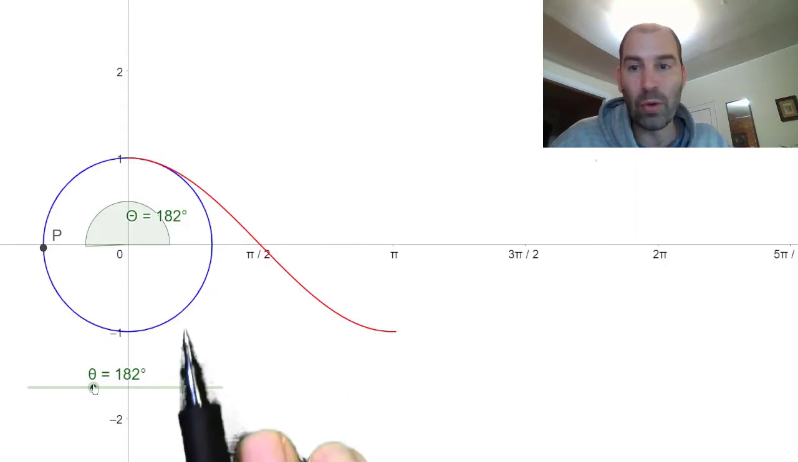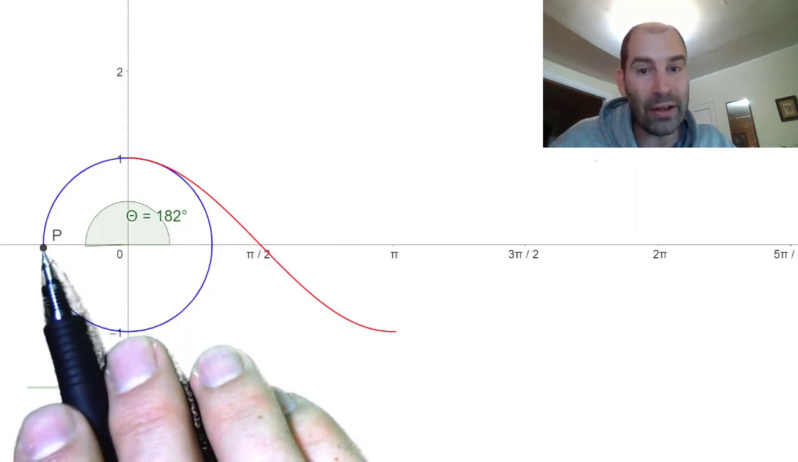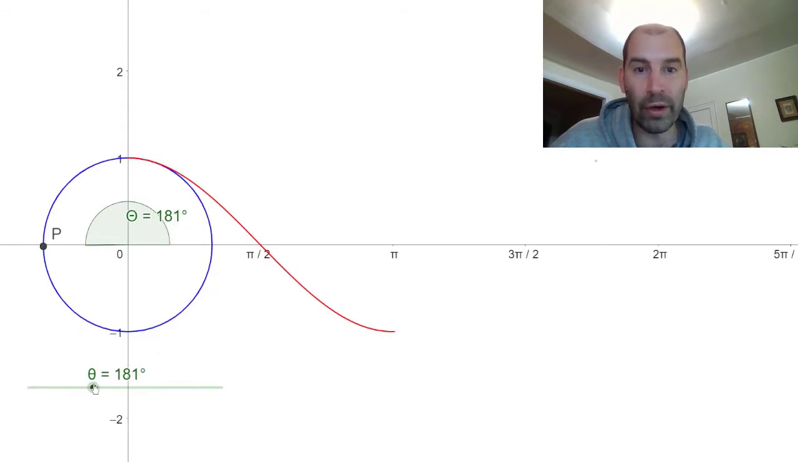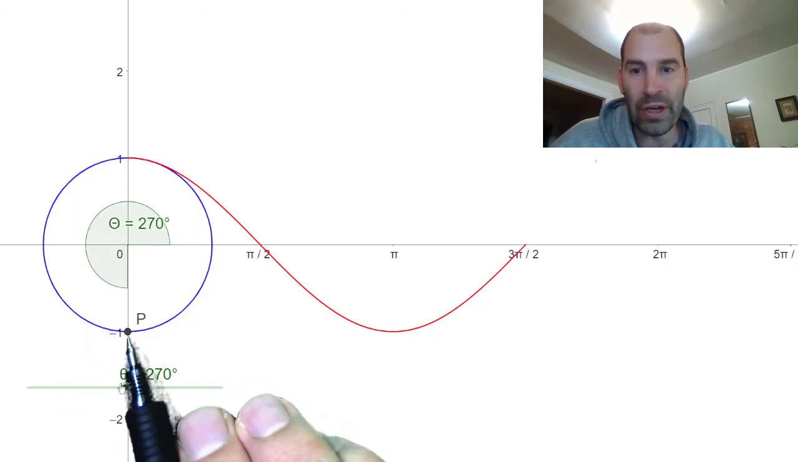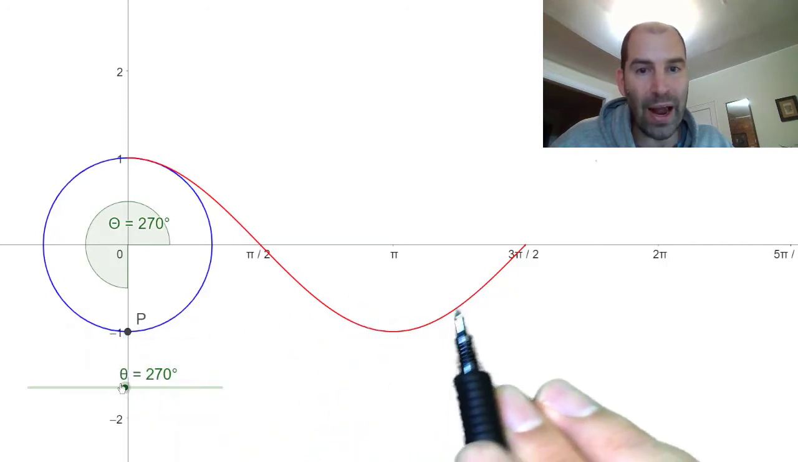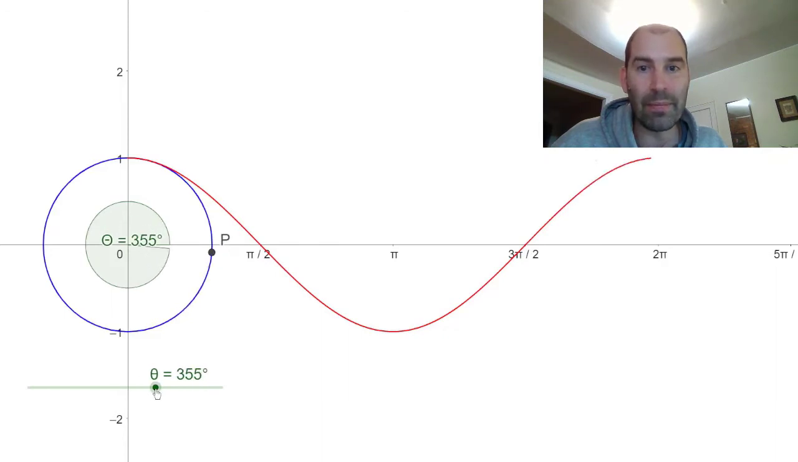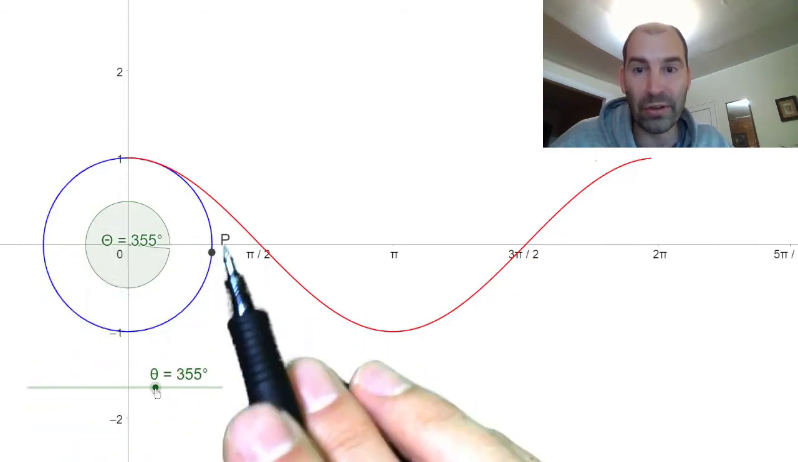The x-coordinate is now at its minimum value of -1, so the graph is at its minimum value of -1, and so it starts coming back up. At this point, this angle here, the x-coordinate is back to 0, and so the graph has increased back to 0. And as we pass 270 degrees, the graph goes up, and the process starts over again, because we've gone once around the circle, and